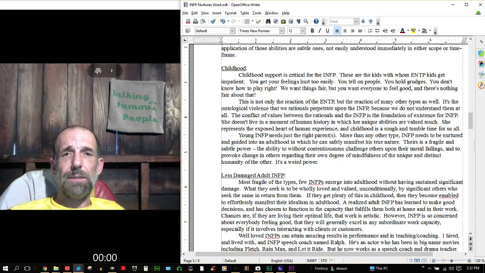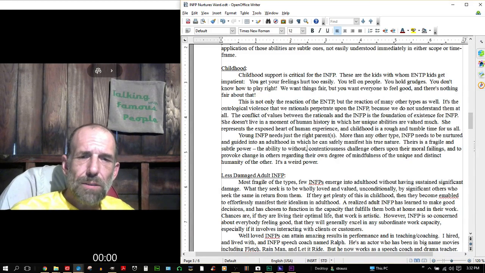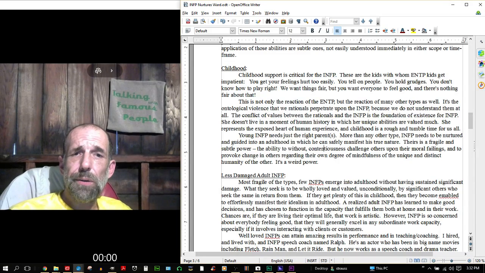Young INFP needs just the right parent. More than any other type, INFP needs to be nurtured and guided into an adulthood in which he can safely manifest his true nature. Theirs is a fragile and subtle power, the ability to, without contentiousness,